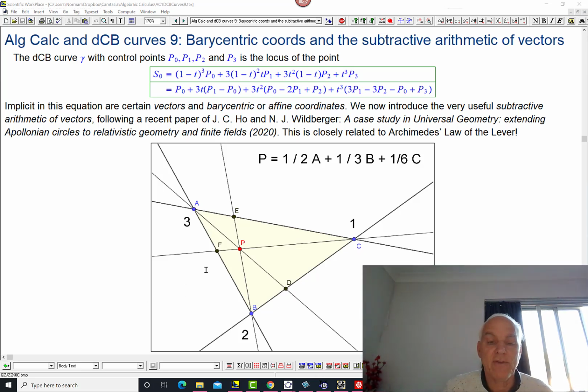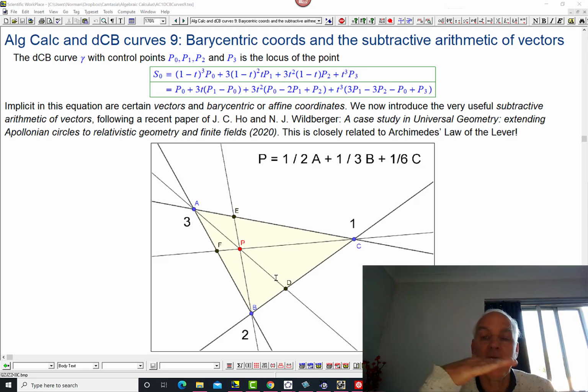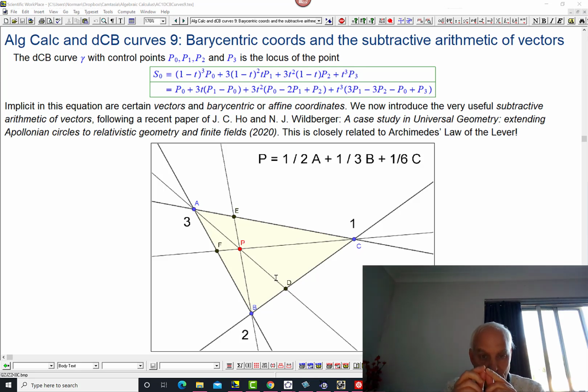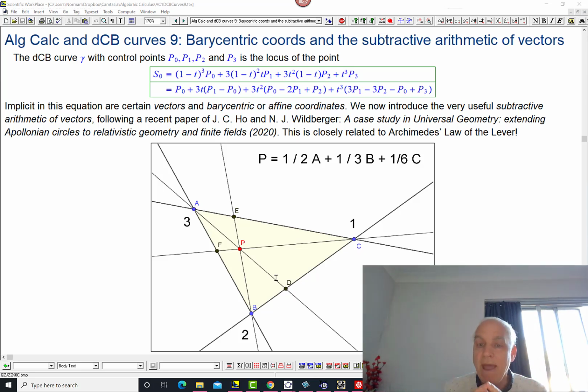So the point P then is exactly the point of balance. And what's involved here is Archimedes' law of the lever, which says that if you have a lever with masses m1 and m2, the point of balance will be such that the total moment is 0. What's the moment? Well, the moment is what you get when you look where the fulcrum is, and you look at the vectors emanating from the fulcrum or the center to the masses. So maybe vector v1 to m1, vector v2 to m2, okay, from the center.